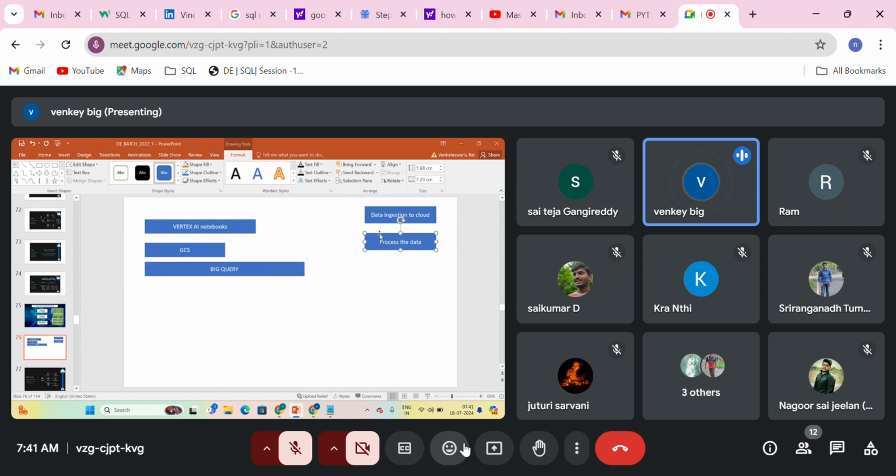Now here we are going to use Dataproc for our data processing. Okay. And we are going to use BigQuery as our data warehouse layer. Okay. So after BigQuery, we will see Dataproc. And this Dataproc is completely with PySpark. Okay. So we are going to see Dataproc, and then we'll see BigQuery.